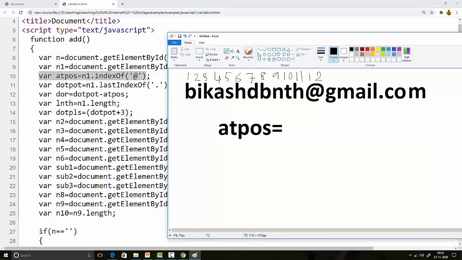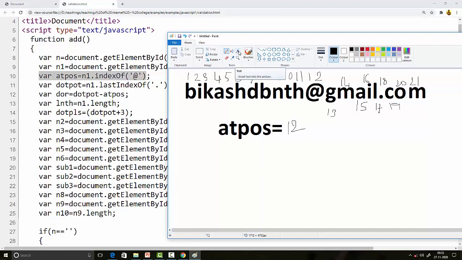I think the index starts from 1, so let me start from 1. It may start from 0 also. This one is 13, 14, 15, this one is 16, this one is 17, and this one is 18. The dot is in the 18th position, then 19, 20, and at the last this one is 21. My email address is a little larger. First of all, at pos is in which position? That one is in 12.